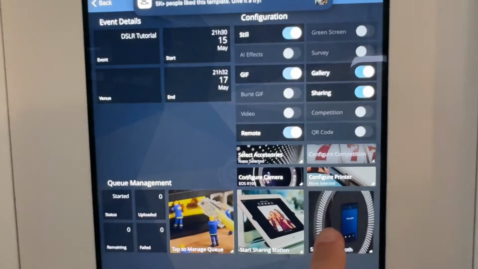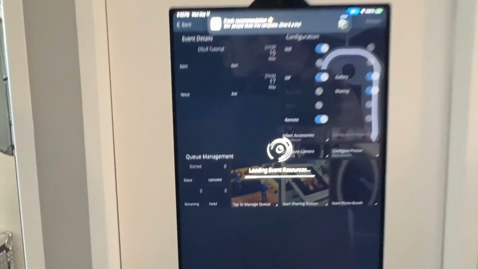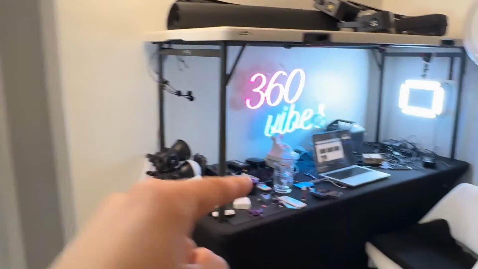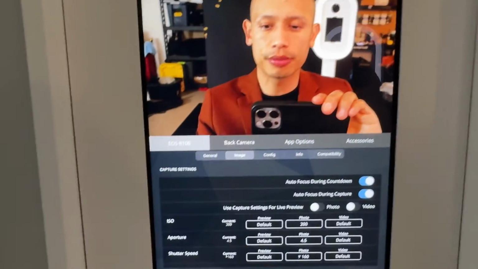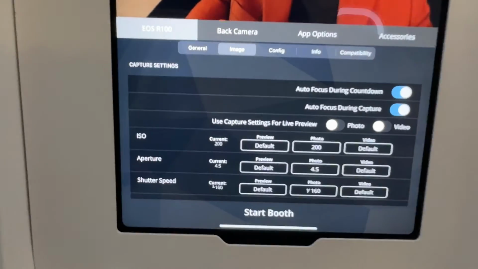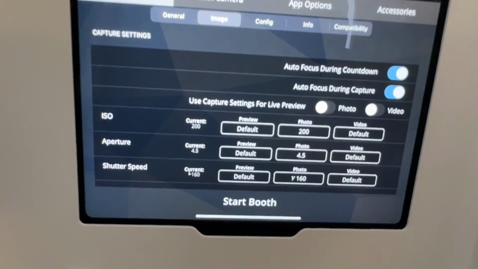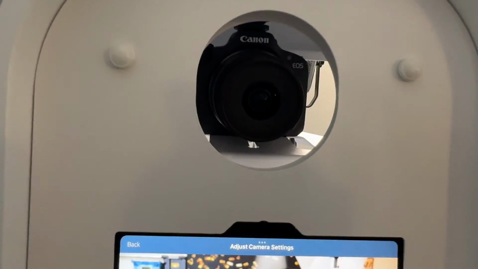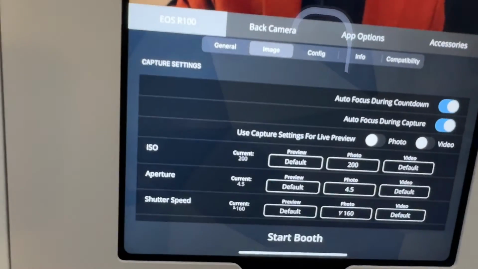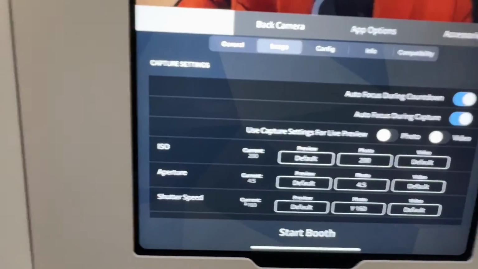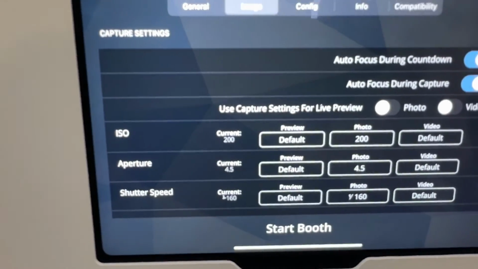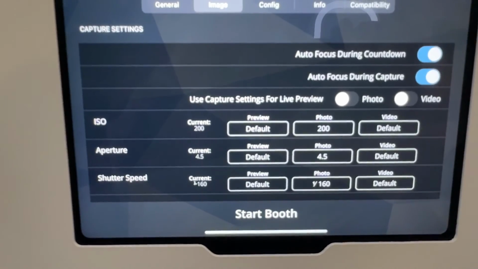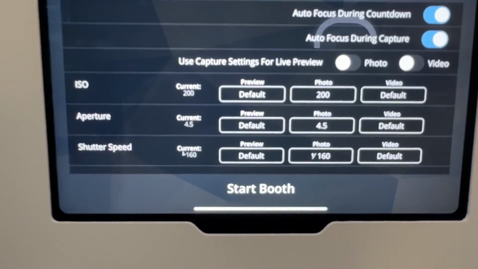All right. So now we're going to go to Start Booth, and it's loading up those settings that we set up on our laptop. Okay. And there's me. When you come over to image, you'll see that you have different options as far as ISO, because keep in mind the camera settings are set to manual. That's what you want. You want manual settings because you'll have access to this and be able to manipulate the settings. Right now the ISO is set to 200, the aperture is set to 4.5, and the shutter speed is set to